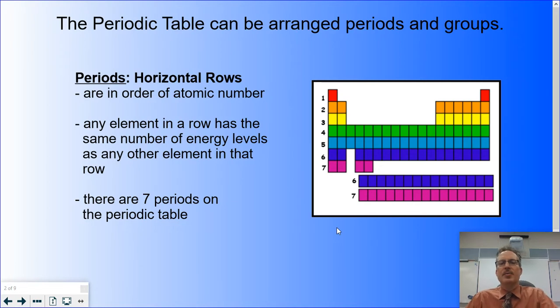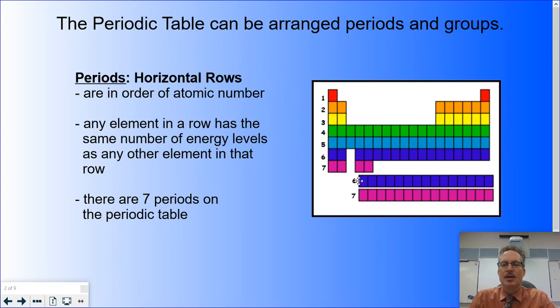The easy way to know which ones are the periods and which ones are the groups is to remember this. At school, you have a small number of periods. In a normal year, you would have 5. On the periodic table, there are 7. You will see that there's a repeat 6, 7, because if you check the atomic number, you will see that